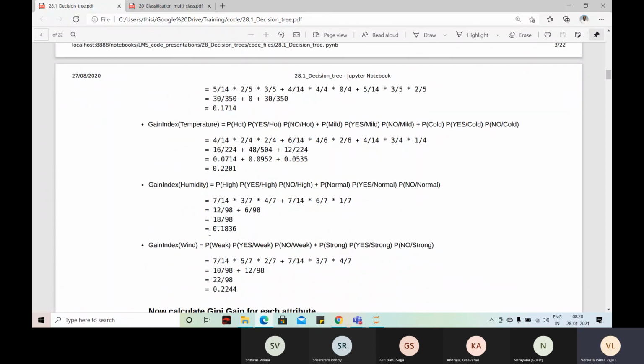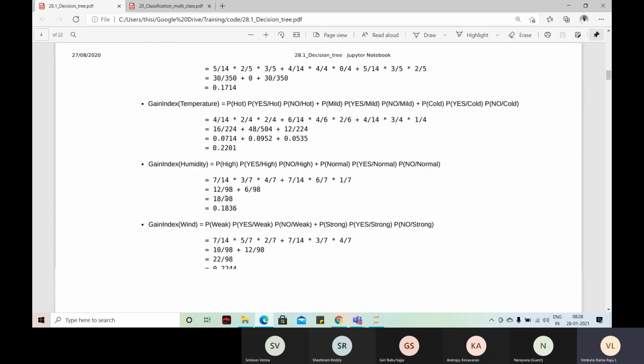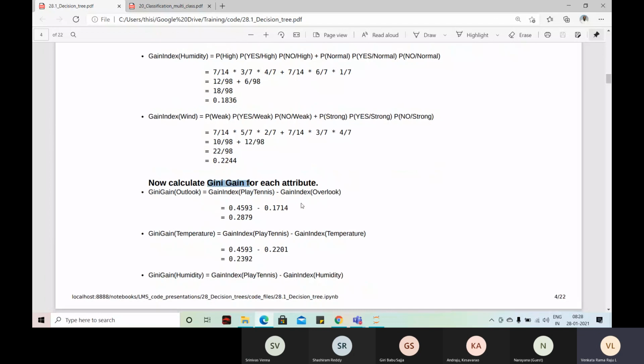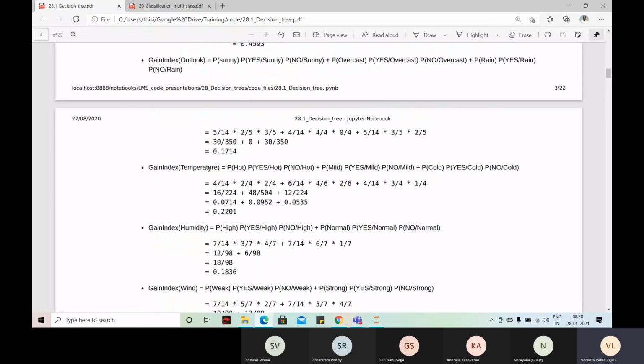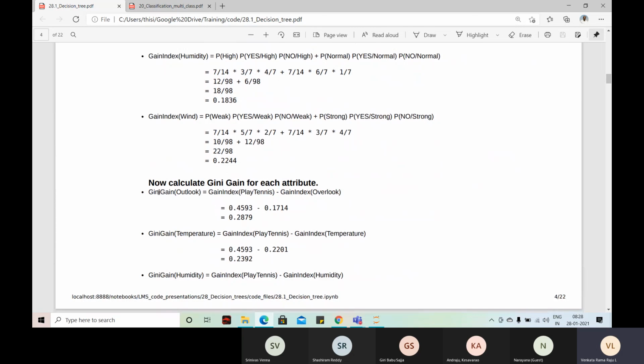This is how the algorithm actually chooses which one is the best feature. And here there is a concept called Gini gain. Using Gini index, you can find out the best feature. But Gini gain actually looks at a probability: Gini index of the target variable minus individual columns' Gini indexes. Play tennis is the target variable, minus Gini index of outlook, Play tennis, Gini index of temperature,